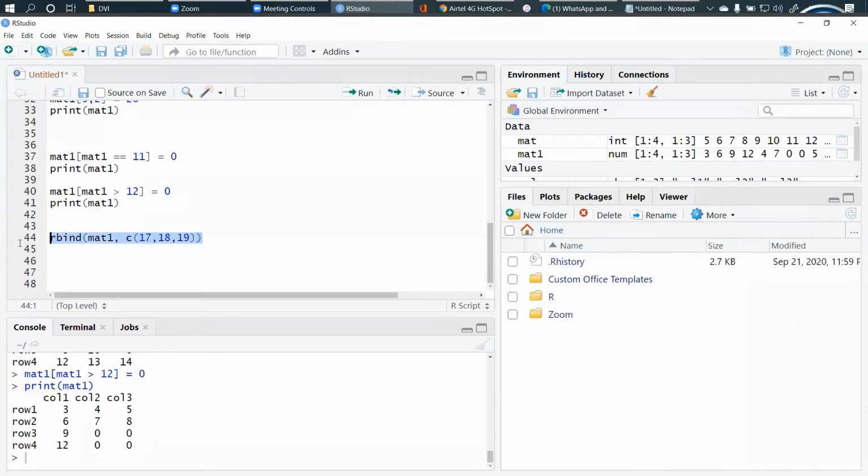So it is added. You can see here fifth row, it is 17, 18 and 19 added here. Row is added, rbind. Then for columns, right, cbind. Matrix 1, concatenate the elements.